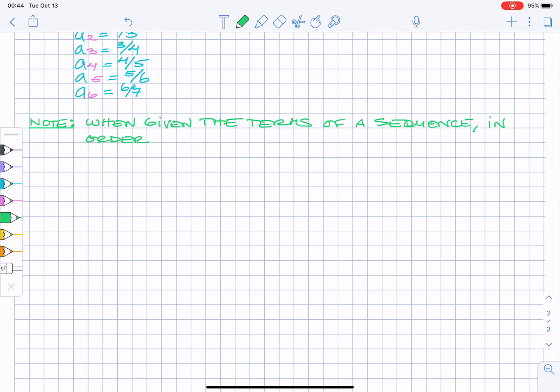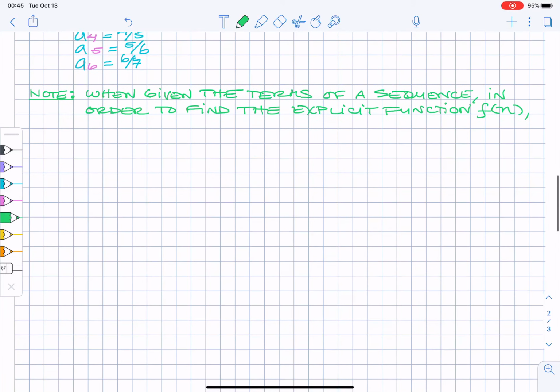So in order to find the explicit function f of n, where n is the counting numbers, we manipulate the terms